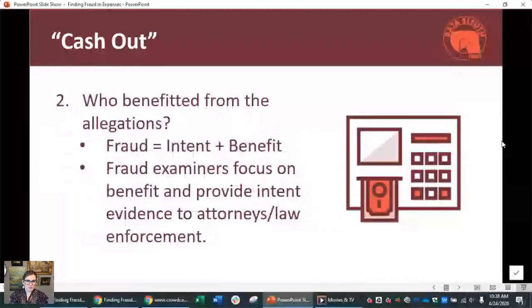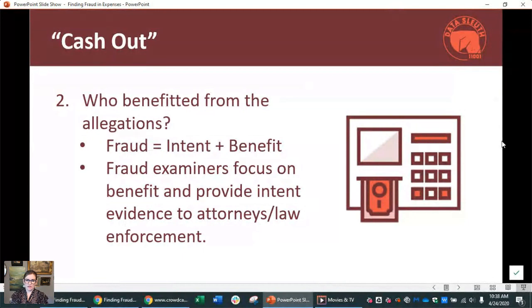Then we need to remember that we have to identify who benefited from the allegations. So a lot of times, I'm trying to think of one on the spot and I don't have an example, it'll hit me later, but business owners will come to us and say, we know that they were taking money this way through false reimbursements, right? And then they'll say, but also we heard they're doing X, Y, and Z. Well, we have to identify how they benefited from X, Y, and Z. False reimbursements make sense to me, but this other situation you're telling me about, I don't really see how they benefited. So not that we're not going to look at it, but we also need to make sure